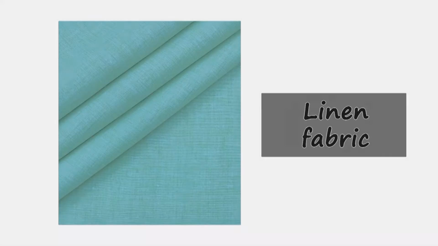Embroidery will enhance the beauty of the fabric only when it is done on the suitable fabric using appropriate design, needle, thread, backing and other materials. Now let us see some of the fabrics commonly used for hand embroidery. Linen. It is a fabric made from natural fibers, relatively soft, smooth, lustrous and has very strong texture.